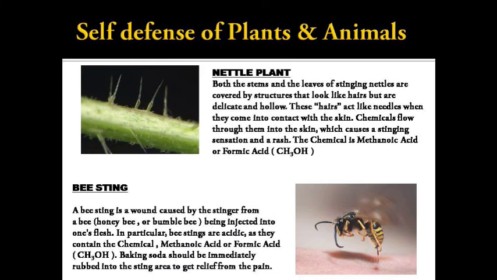So, as the bee stings are acidic, they can be easily neutralized with the help of baking soda. So, immediately rubbing baking soda onto the stung area gives you a lot of relief from that burning sensation or pain. So, again, the sting given by a bee is an act of self-defense by the bee. Although it injects acid, it decreases the value of pH. So again, it becomes an application of pH.